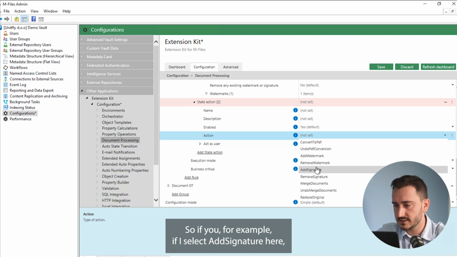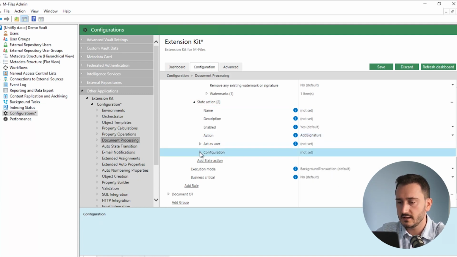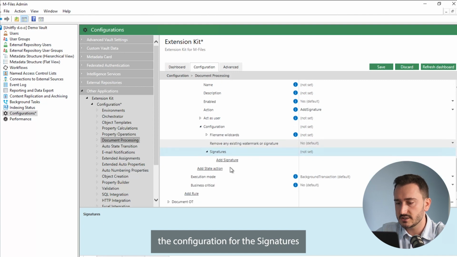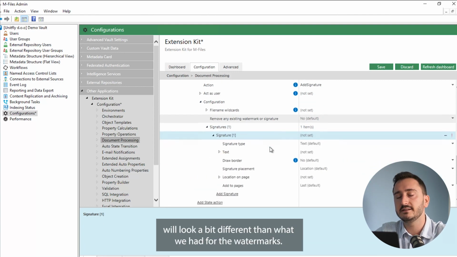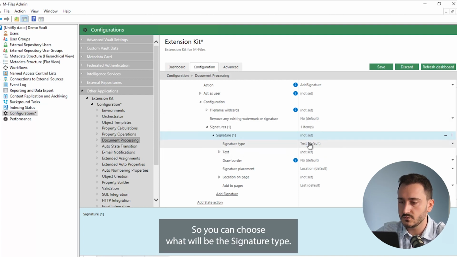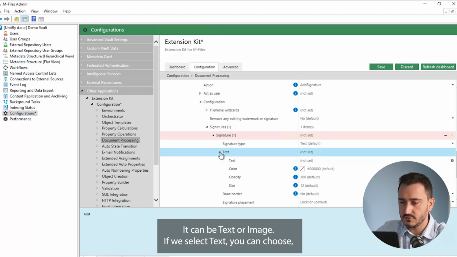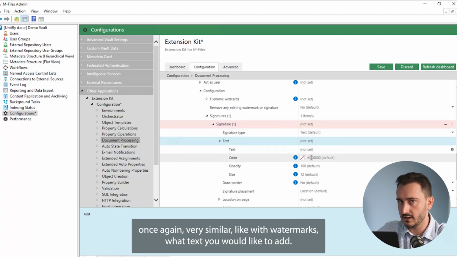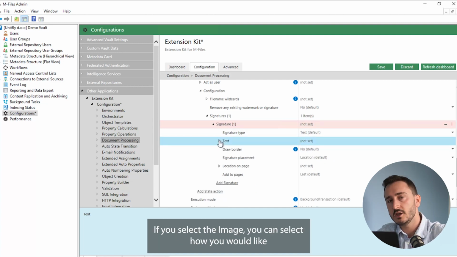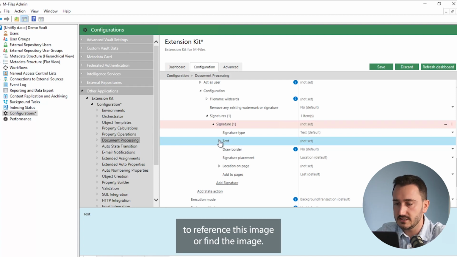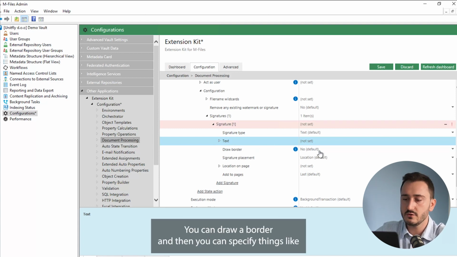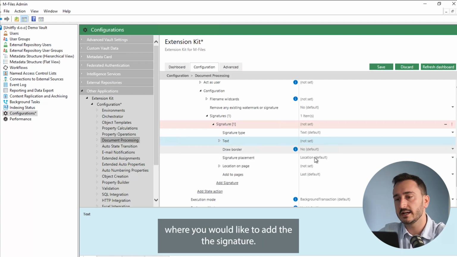So if, for example, I select add signature here, the configuration for the signatures will look a bit different than we had for the watermarks. You can choose what the signature type will be. It can be text or image. If we select text, you can choose, once again very similar to the watermarks, what text you would like to add. If you select image, you can select how you would like to reference or find the image. You can draw a border, and then you can specify things like where you would like to add the